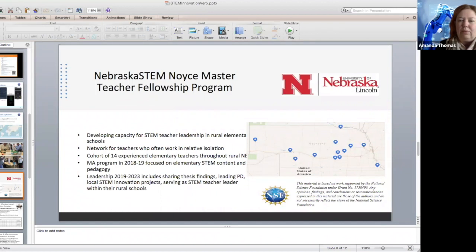The map shows how geographically dispersed they are throughout our state. Most of the population is along I-80, and you can kind of see that represented in the map, but they are pretty geographically dispersed. What we've done here is we had a master's degree focused on elementary STEM, a program of study within our normal program that all of these teachers completed through Noyce funding. And they finished that, and now they're back in their communities, continuing to teach and working on proposing innovation projects where they get a small pool of funding to do something interesting and innovative around STEM in their community, which